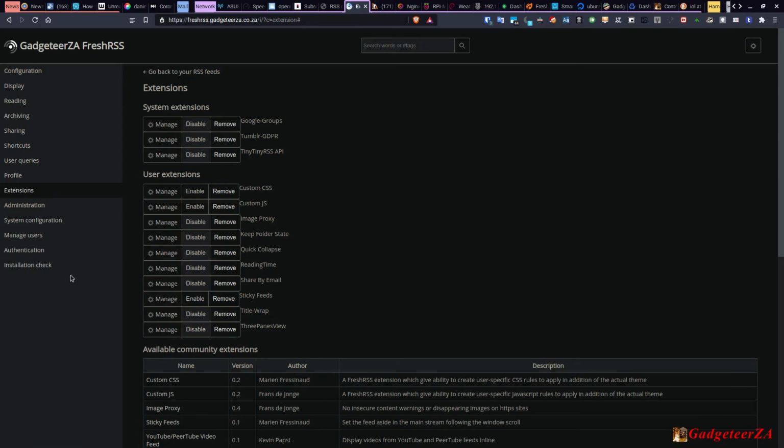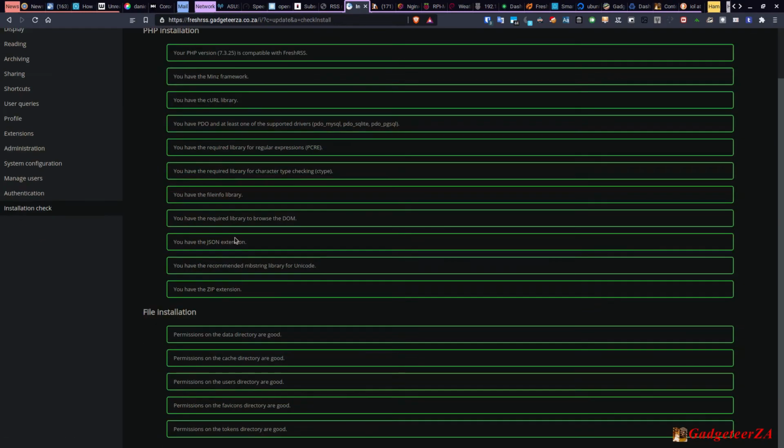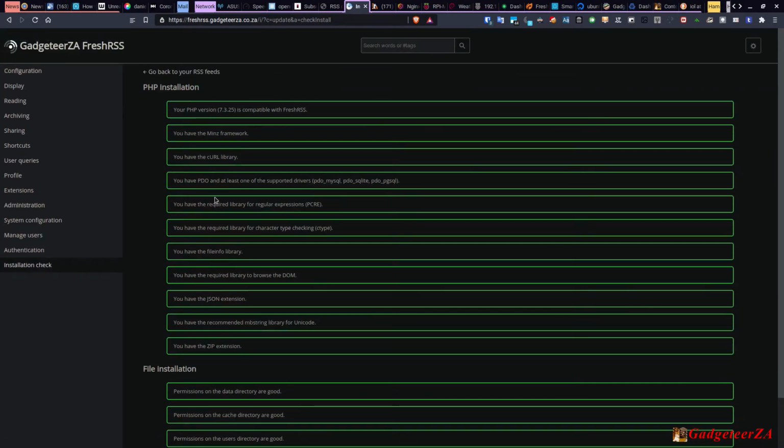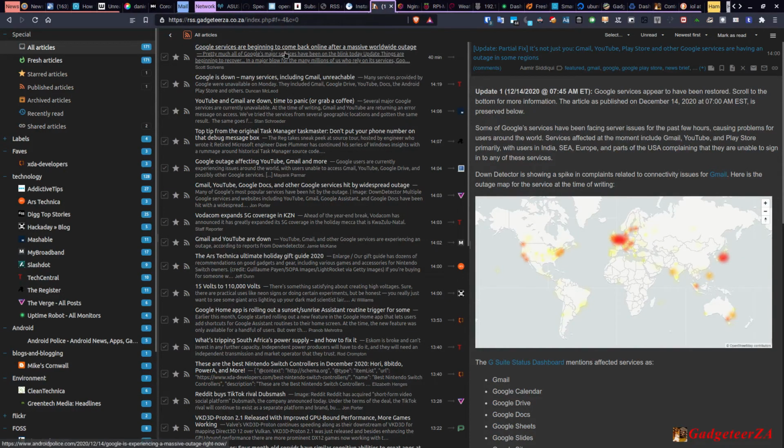Yeah, and it's also got to check to see that it's all installed correctly and if there's any problems and so on. So yeah, I'm fairly impressed with FreshRSS actually. I'm sort of leaning towards it. Let's go and have a look though at